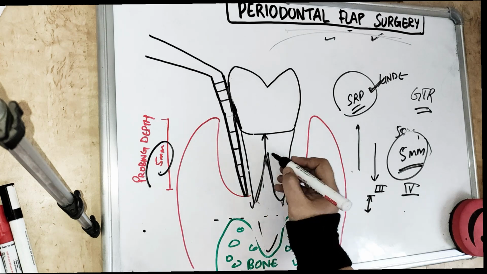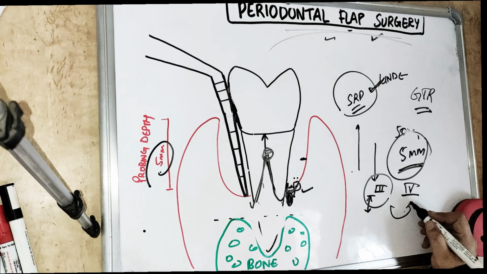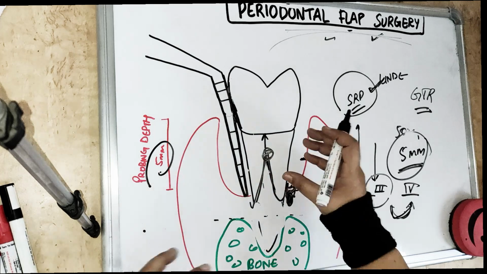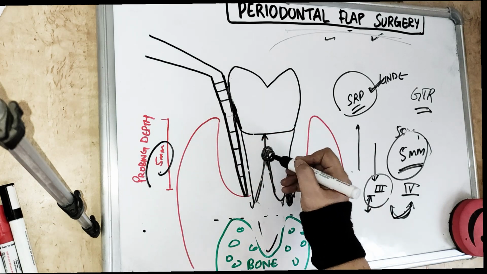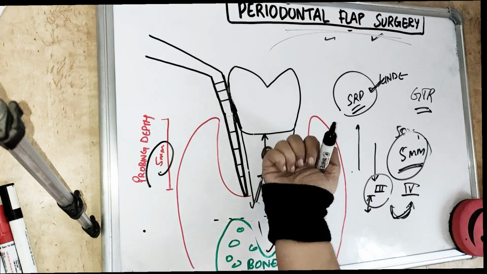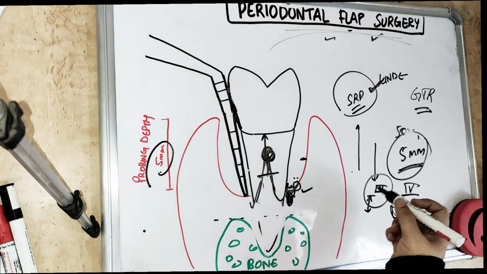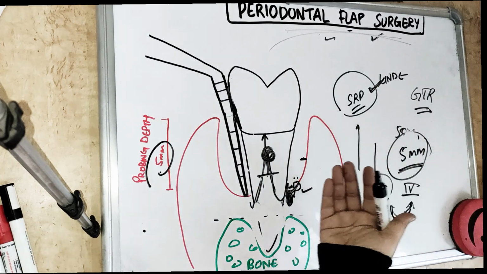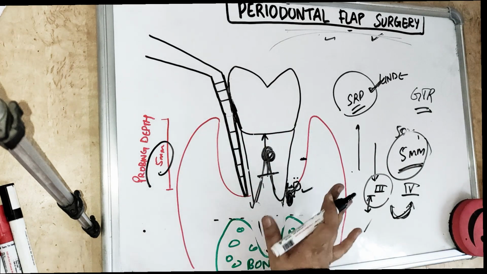Right? And for grade 3, we want to convert it to grade 4, because otherwise grade 3 has poor prognosis. So we are making it accessible for the patient to clean that area. We are removing all of the soft tissue and shifting it towards the root apex. So we are shifting it apically. In that case also we are doing a flap surgical procedure. That would be an apical periodontal flap surgical procedure, apical displacement of the flap. So this is removing of the soft tissue.